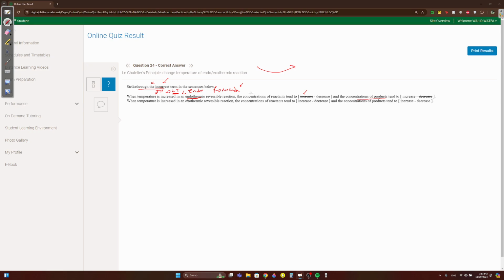And the concentration of products, if you're going forward, this is the side of the products, right? The products will increase if you're going forward. But we said select the wrong option, so decrease. When temperature is increased,